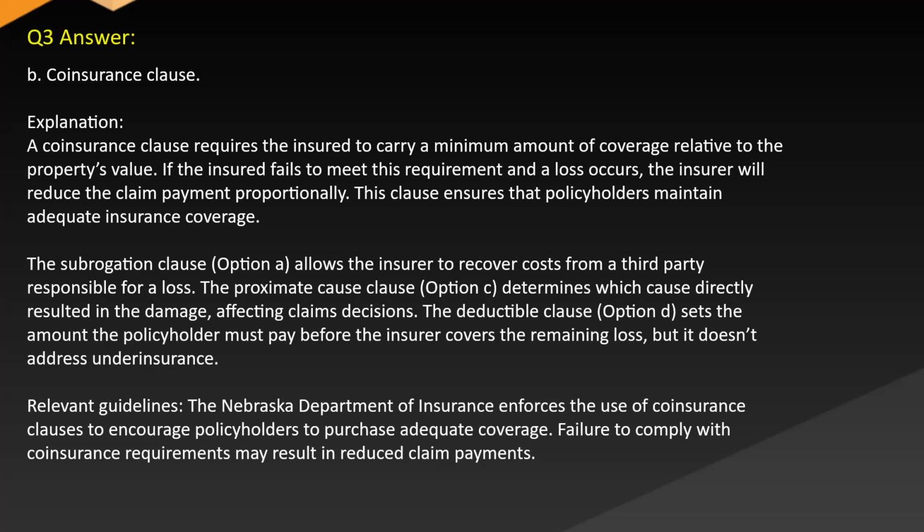the property's value. If the insured fails to meet this requirement and loss occurs, the insurer will reduce the claim payment proportionally. This clause ensures that policyholders maintain adequate insurance coverage. The subrogation clause, option A, allows the insurer to recover costs from a third party responsible for the loss. The proximate cause clause, option C, determines which cause directly resulted in the damage, affecting claims decisions. The deductible clause, option D, sets the amount the policyholder must pay before the insurer covers the remaining loss, but